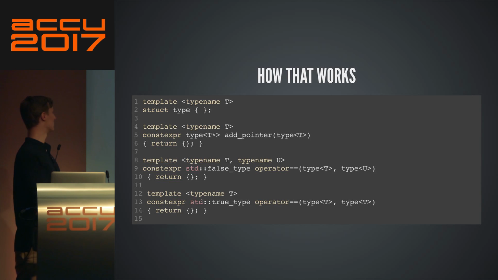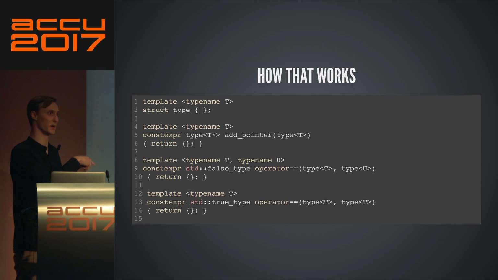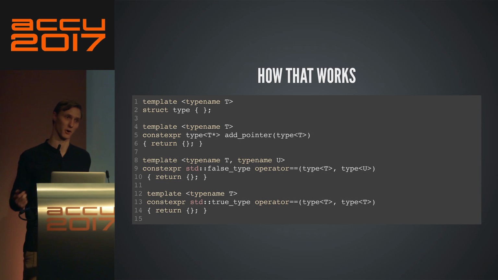And the way it works is actually pretty stupid. So type is just an empty thing. We don't need anything in there, right? So it's just an empty thing. And then when we say add pointer, well, this is not actually how it's implemented because, like I said, it's based on std add pointer. But a minimal way of implementing it is just saying add pointer: when you take a type of t, you return a type of t star, right?